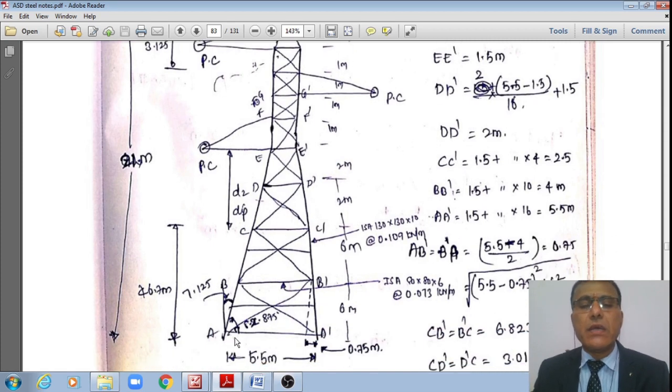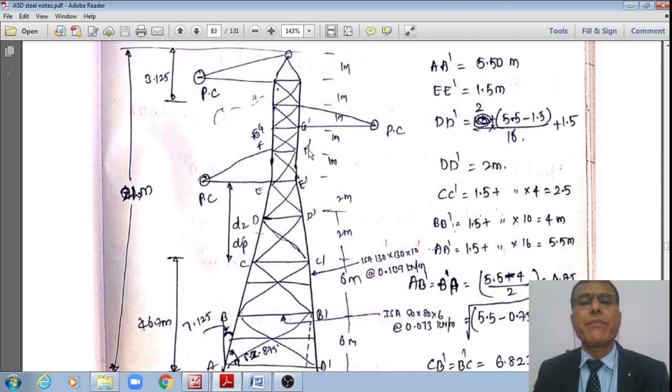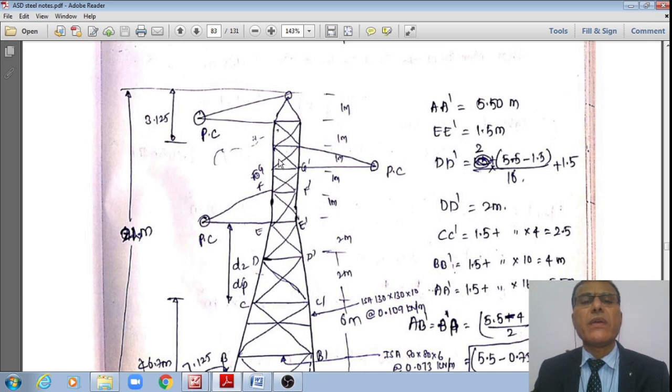Now, these are the different joint points. A, and on the other side, A prime. Now I'll go to the next joints, B prime, C prime, D prime, E prime, F prime. Sorry, this is not F prime. This is F, the level of the second power conductor. This is G at the third power conductor level. G prime, and this is how F prime and E prime, and this is H where the ground bar is located.